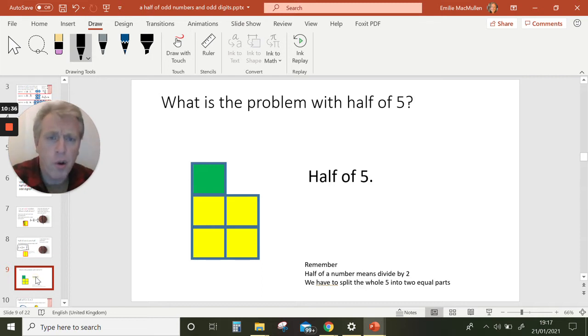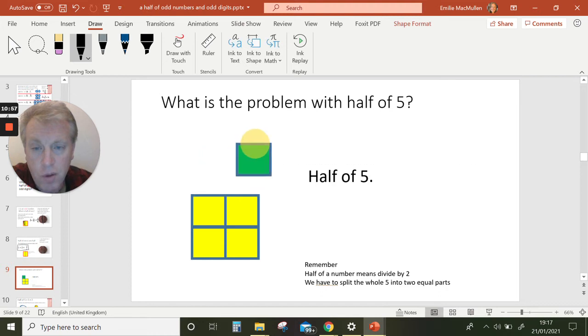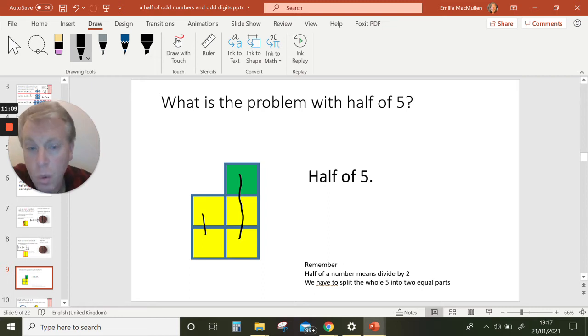So, what's the problem with half of 5? Oh, the problem with half of 5 is that 5 is an odd number. So, 5 is not on the 2 times table, is it? And if I split it up, what am I going to do? Shall I put the extra 1 with the 2 over here? And do, like, these 3. Oh, but then there's 2 here. Oh, I don't know what to do. Well,